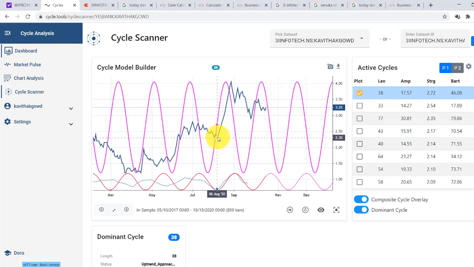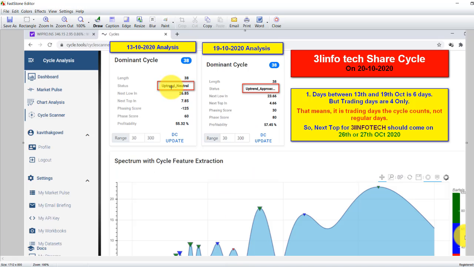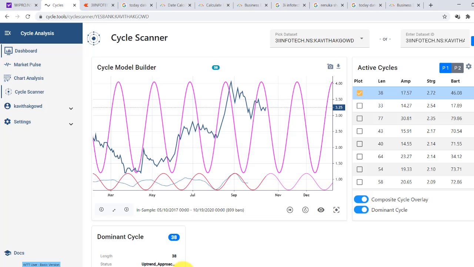So it is not about entry and exit, because we are observing the cycle from uptrend to neutral. This 38-day cycle is moving from the starting point, which is the peak, and the ending point is the low. So the cycle must be like this. On 27th August, you see this is the peak. From here onwards it should fall till October